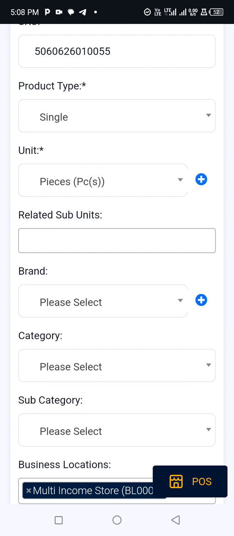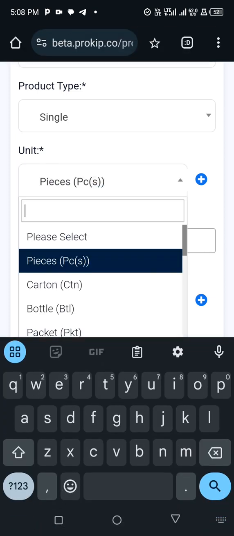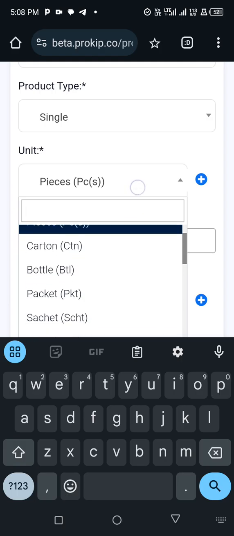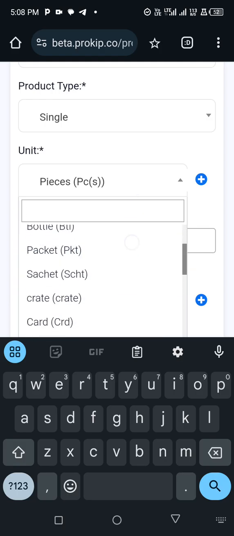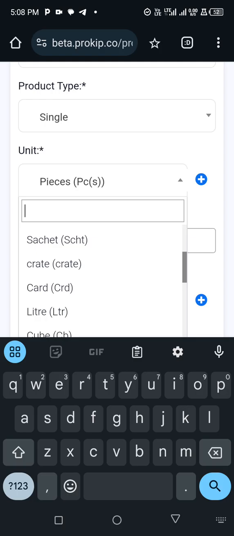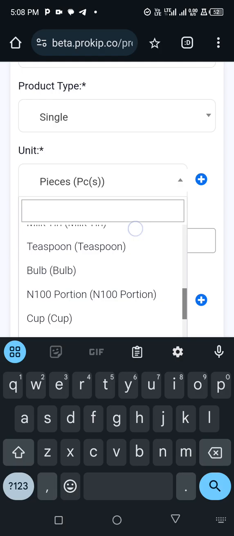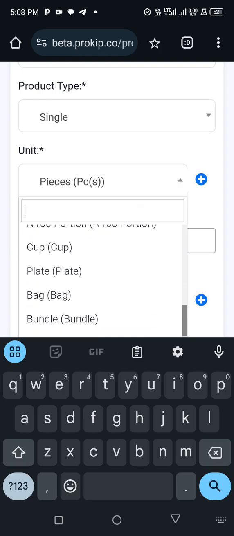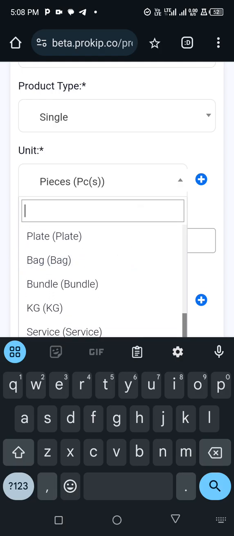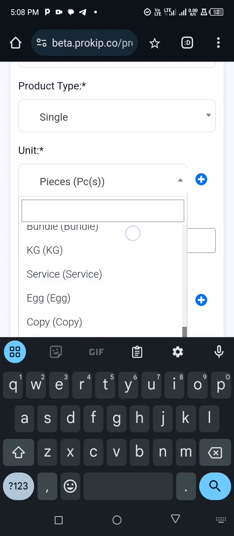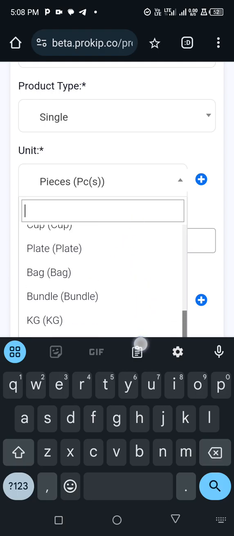So the system is now asking you the unit that you use to sell the product. So if you're selling the product in pieces, you select pieces. If it is carton, bottle, packet, sachet, crates, card, liter, cube, kg, and the rest of them, in cups or plates, bag, bundle, kg, or copy as in books,